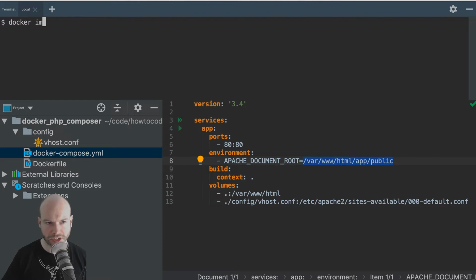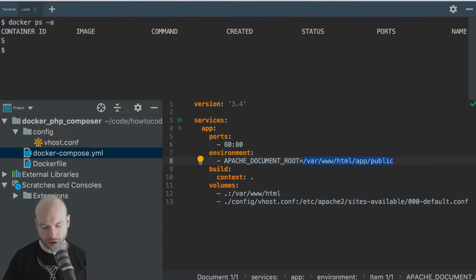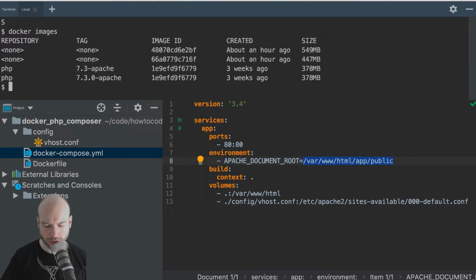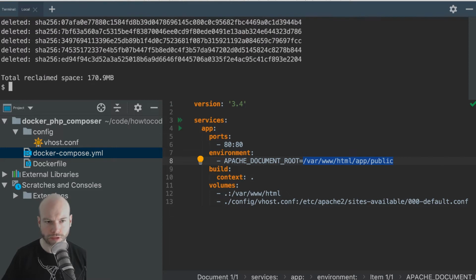So first of all, let's do a docker ps -a just to make sure. Yeah, we don't have any containers. That's good. I sorted that up. And then let's do a docker images. Okay, so I'm going to do a system prune to remove all of those.